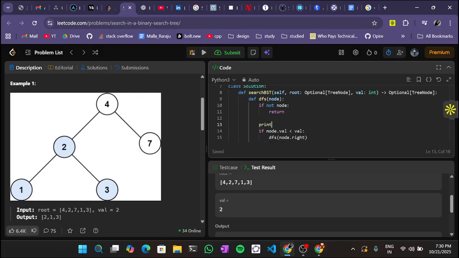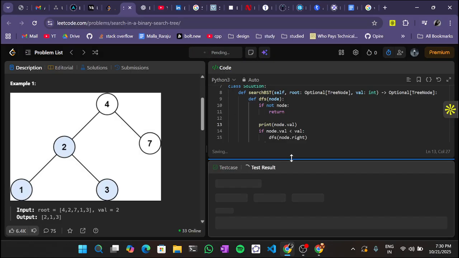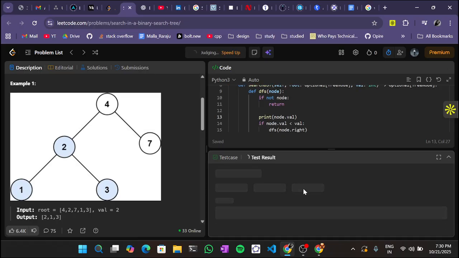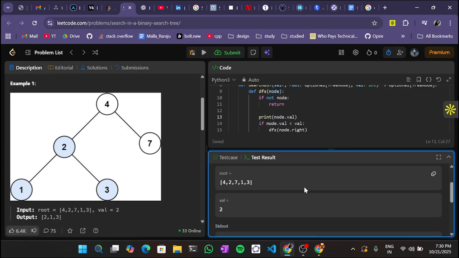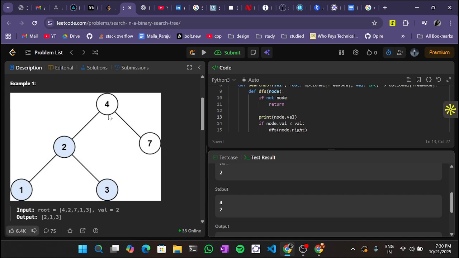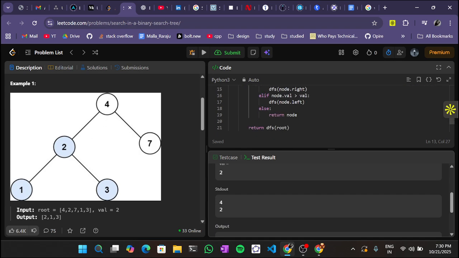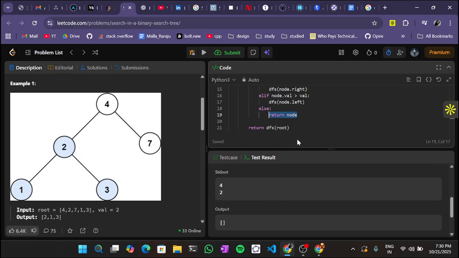Now let's print node dot value. From 4 we go to 2. This should work, but